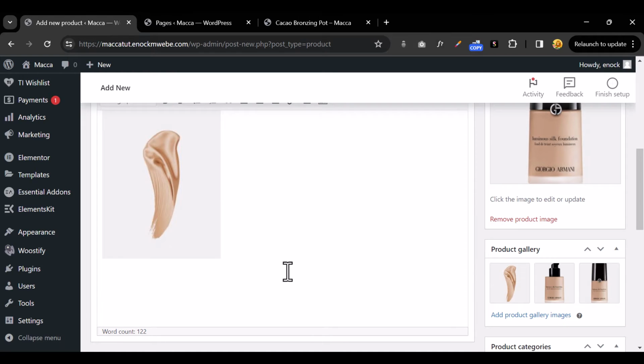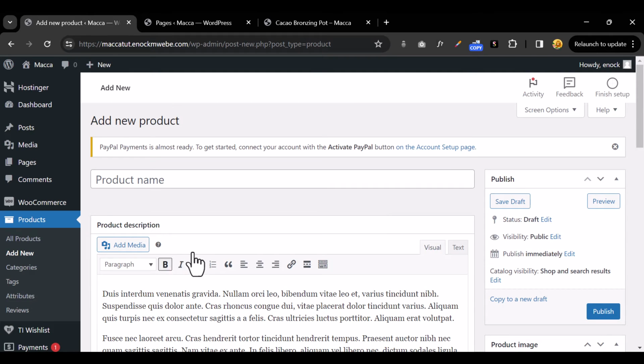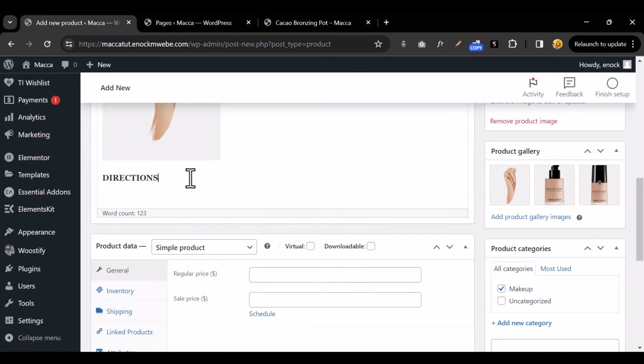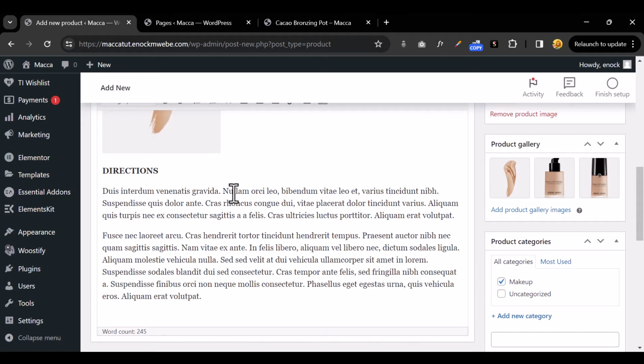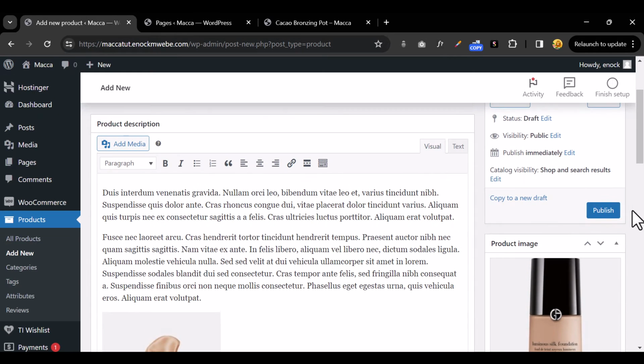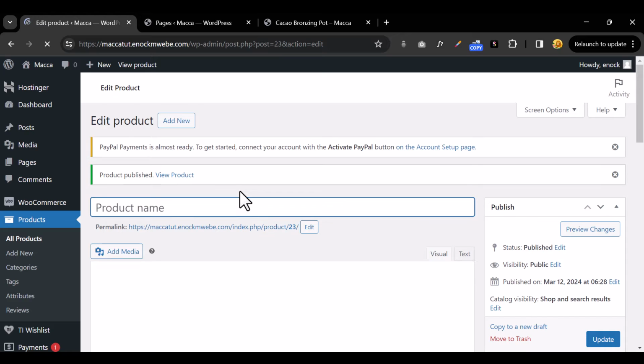If I want to add some bold text, for example, maybe directions of how to use this product, I can select that, then I can make it bold. So below it I can add some directions, stuff like that. So when I save this, I click publish, okay, it's going to reload,